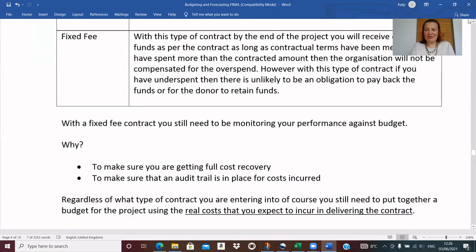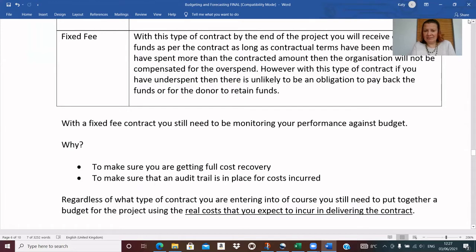So with a fixed fee contract, we might think that's great, we're getting a lump of money, we can spend it how we like. Well, of course we can't, because we have a contract in place and likely there'll be maybe milestone triggers for when we meet our objectives within the project that will release the funds. And we also need to make sure that we do still continue to book our costs properly and monitor against a budget, because we need to make sure that we're getting our full cost recovery, and we still need to make sure that an audit trail is in place for those costs incurred, because a fixed fee contract will still